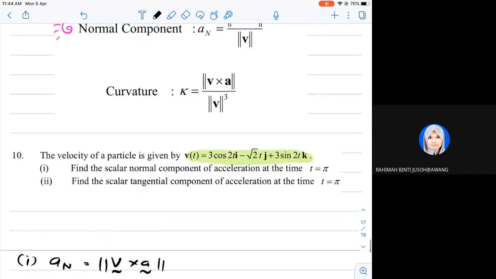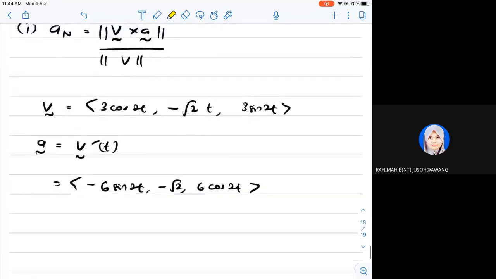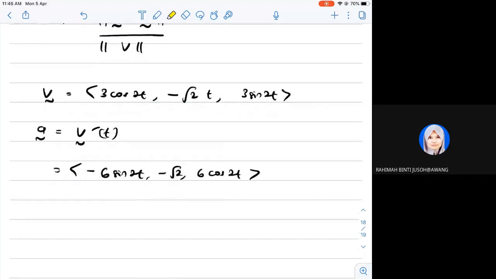Wait, this question gives t equals pi already. So as I mentioned earlier, to make it easier for you to calculate, better to substitute early. Okay, find V at pi. So at t equals to pi, we have